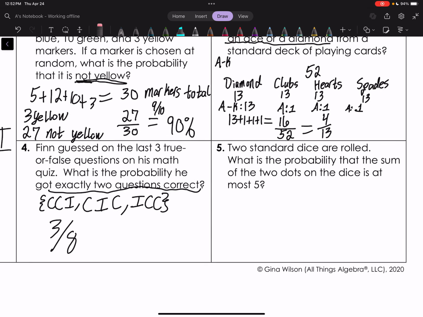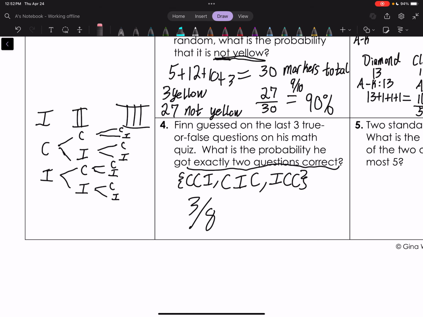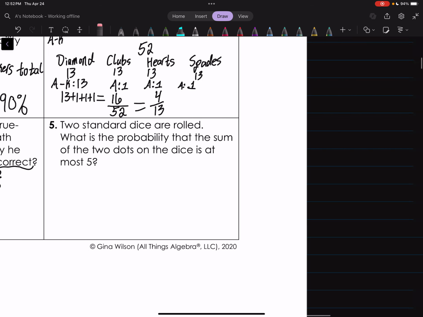Okay. Real quick, if you are guessing on true-false questions, you do not have a good probability of getting them all correct. Anyway,